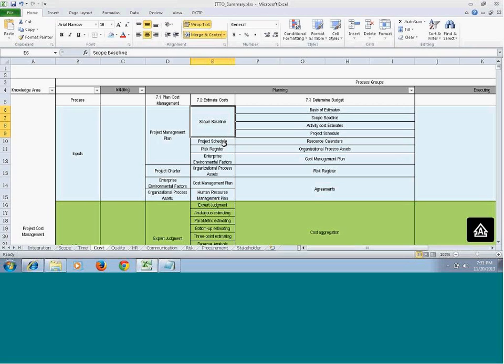So the inputs are the scope baseline, because the work you are going to perform will be there in the scope statement. So you have the scope baseline here, the project schedule is here, then the risk register will tell you if any contingency reserve plans are required, or if there is any resource scarcity. So the risk register will be here to get all the risks.